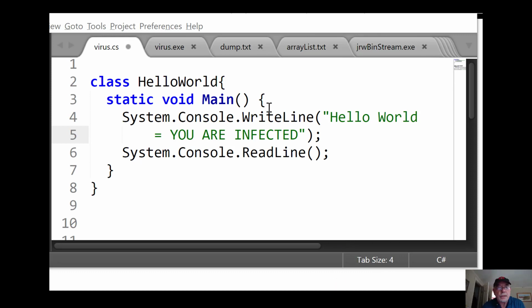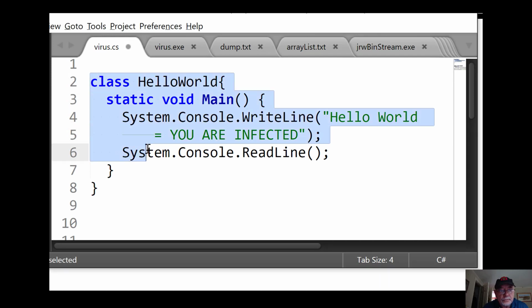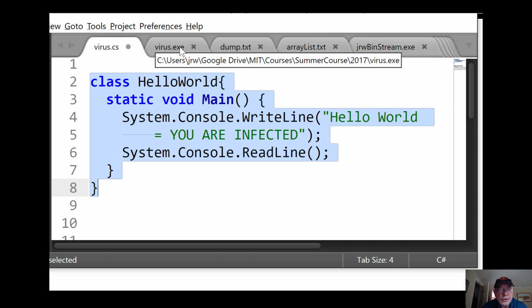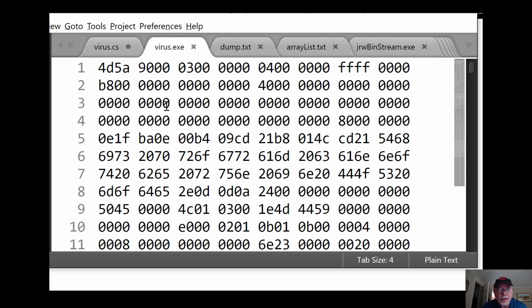Hi, I just wanted to make a quick video here showing how to manipulate the bytes of an executable file. So here I've got a piece of C code. Basically it's just writing to the console, hello world, you are infected. So this is our little virus, if you like, that we want to implant maybe in your Word document or Excel spreadsheet. So if we compile this and we just use the C compiler, then we'll get an exe file,